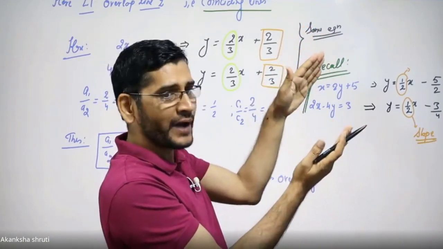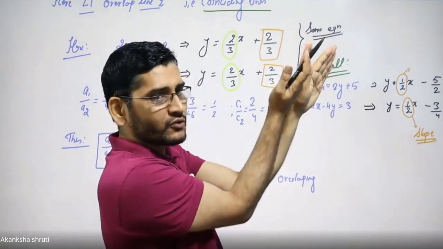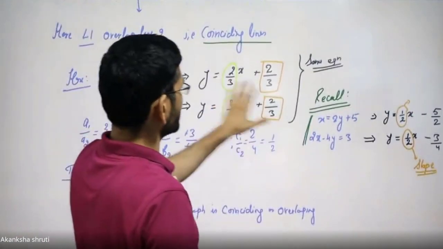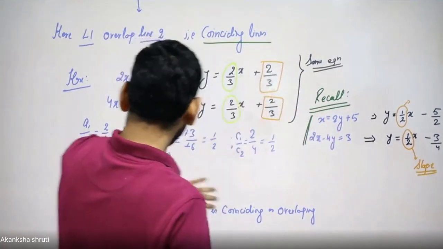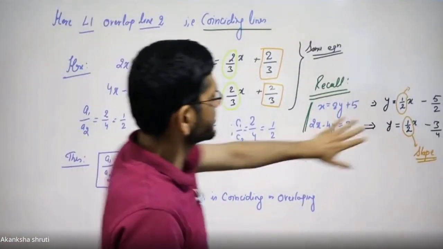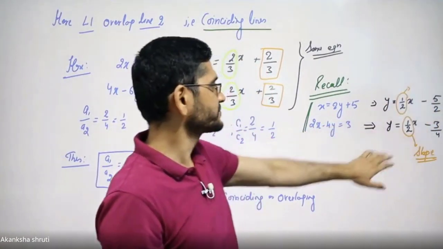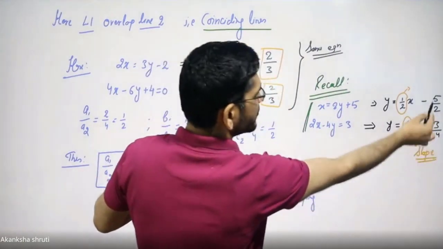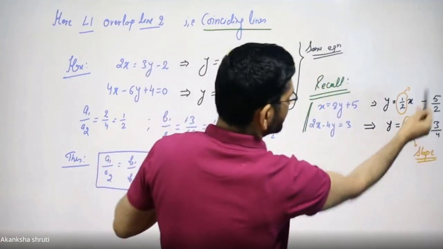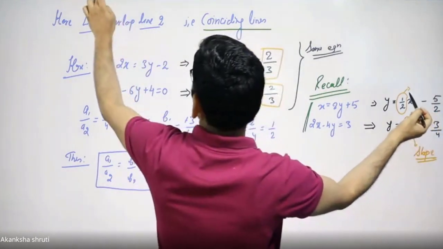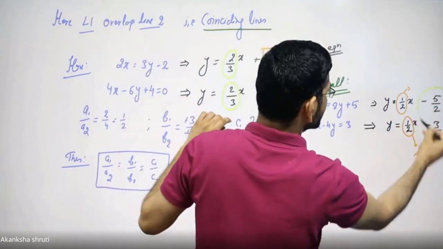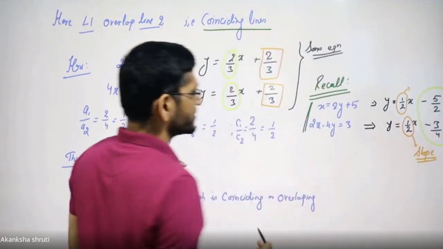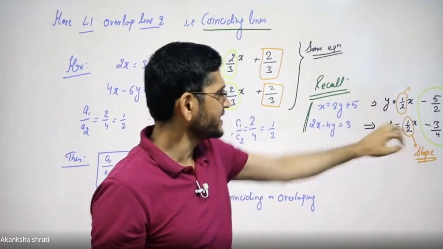But if the slopes are equal and the intercepts are also equal, means one is coinciding with the other. So this is the situation that you have to keep in mind. Okay, and this algebraic relation is the representation of this one only. So in higher standards you will learn. In this, the slope was equal, but the intercept was not equal. Means the constant adding term was not equal. Because of these different adding terms, these two equations were different, though their slopes or coefficients of x were equal.